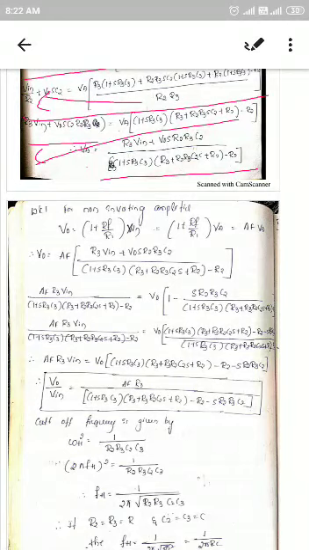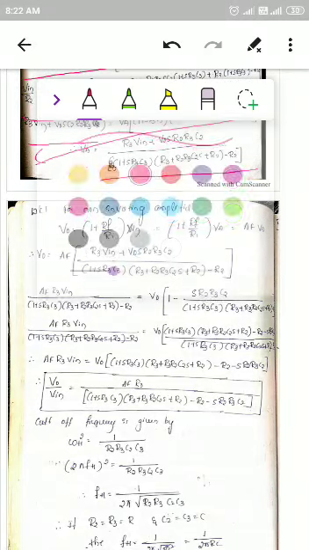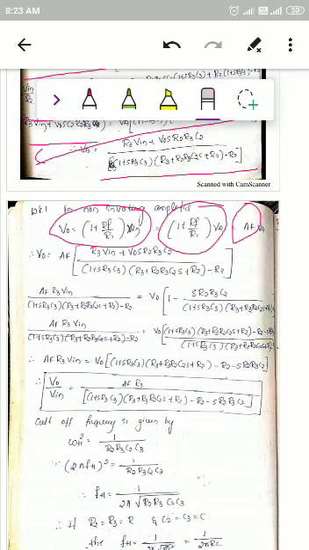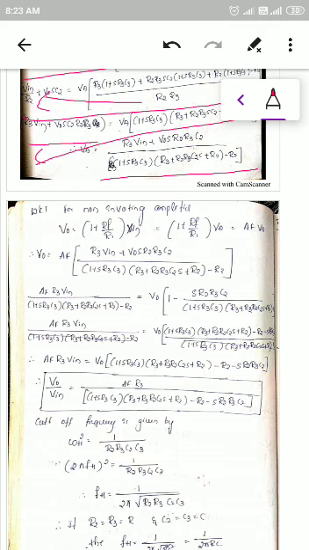Now we calculated VA. As we all know, from the non-inverting configuration, the output voltage equation is V0 equal to 1 plus RF divided by R1 into Vin. In this case Vin is your VA, so it is 1 plus RF divided by R1 into VA. I am taking 1 plus RF divided by R1 as AF, so V0 equals AF into VA. Now just substitute VA, which we calculated from the above procedure, and simplify it.